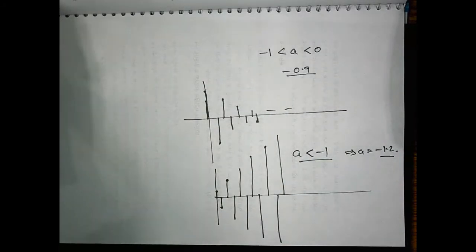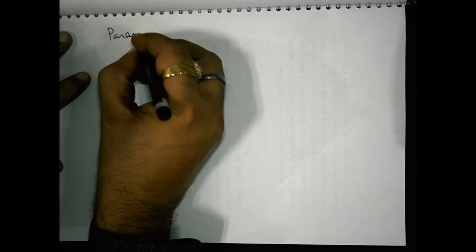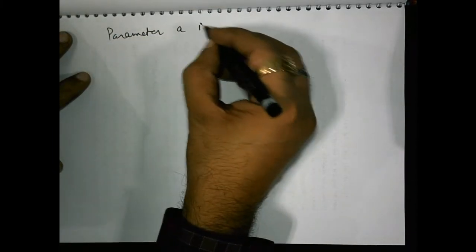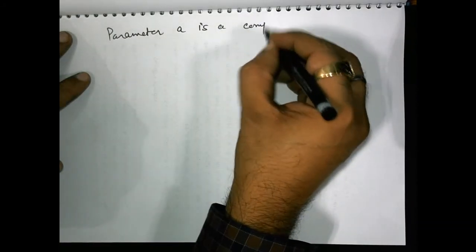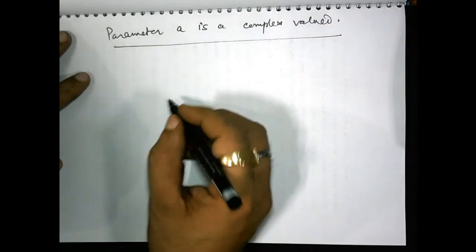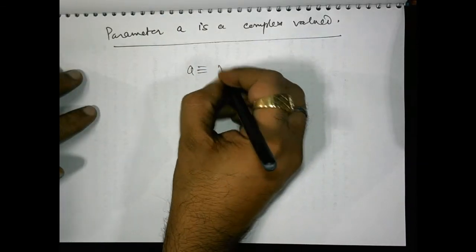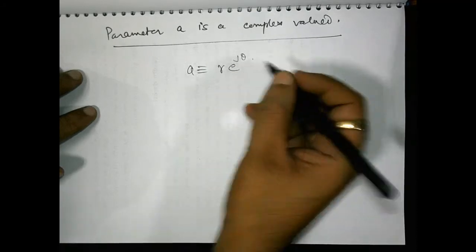Now this is the situation when A is a real value. Suppose the parameter A is complex valued, then naturally this A will take the form A equals R e to the power j theta, and in this situation this can be written as